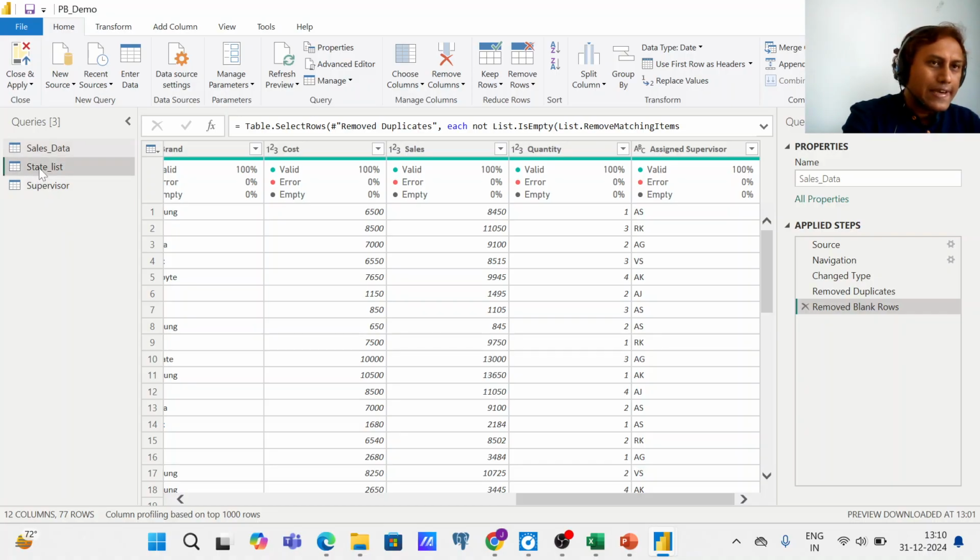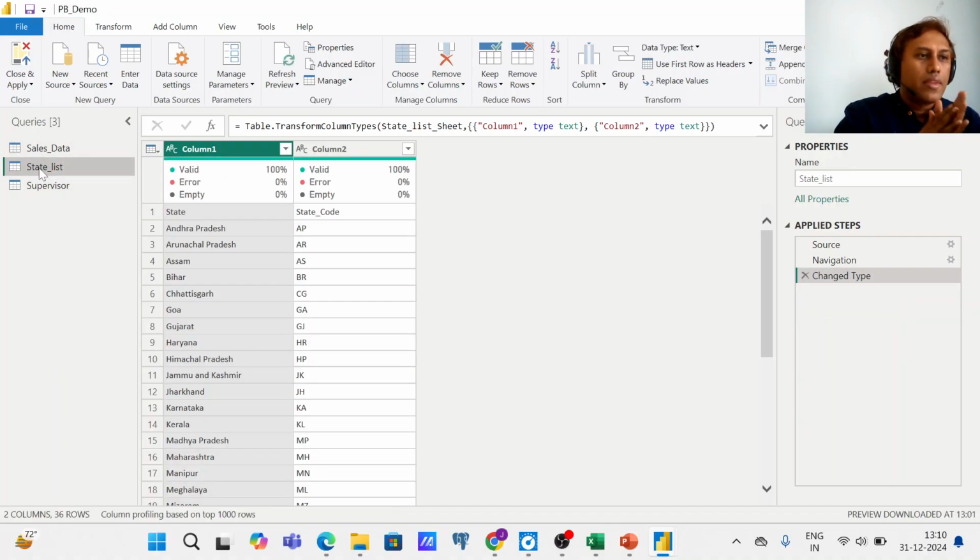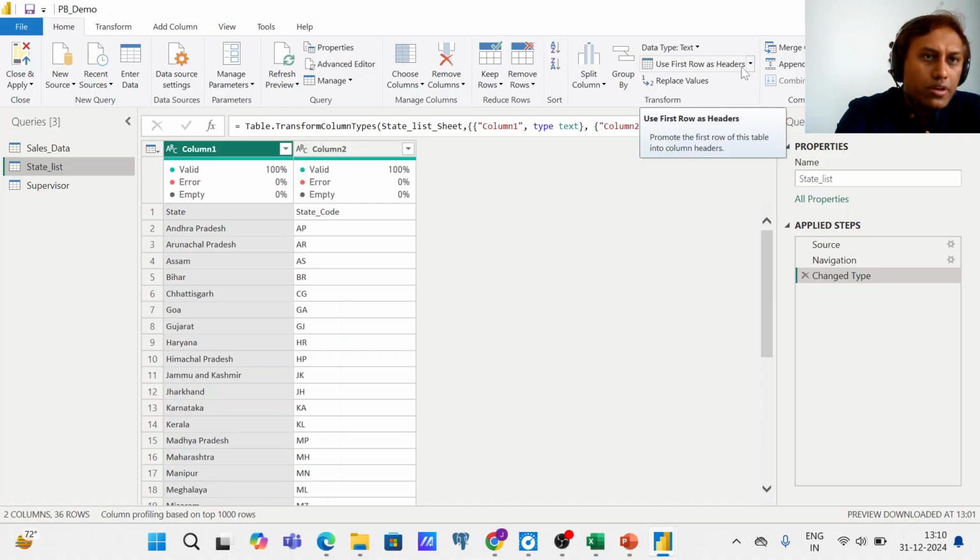Now let's go to the state list. Okay, so in state list, data is valid, 100% valid, but notice that the column name, that's a problem, right? So what we will do, we'll make these rows, state and state code, our header. For that, we can easily do it in a click of a button. Just check, come here. You can see this option, use first row as header. So hit that,